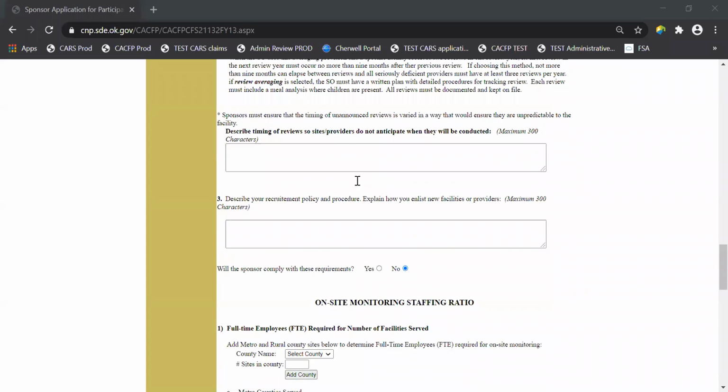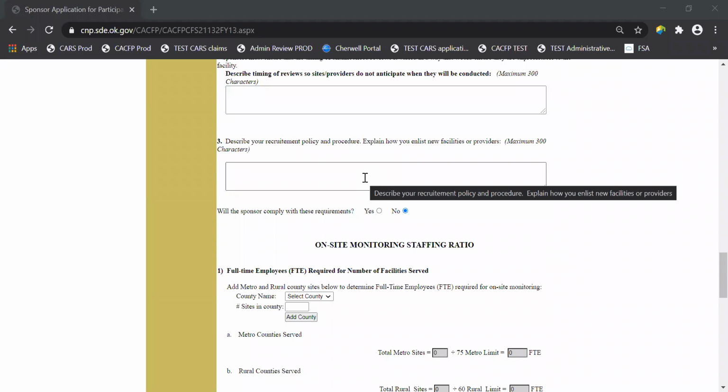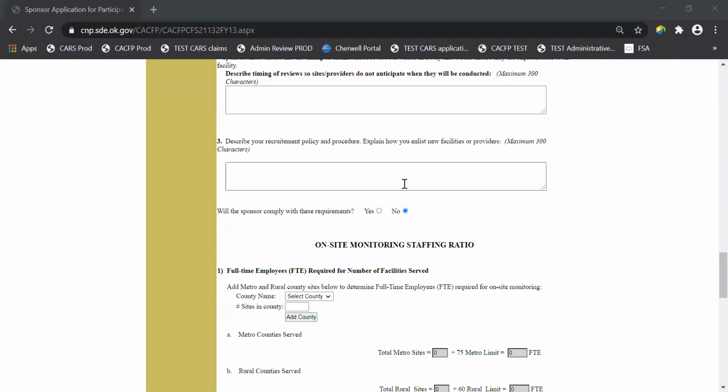Okay. Describe your recruitment policy and procedure. Explain how you're going to enlist new facilities or providers. Your procedures can't be, we're not going to take any new ones, because we've come across that. And I know it's kind of a silly question, especially if you're a school system and you've got all your sites on. But truthfully, you could bring on any site as a sponsor. So if you're a school system and you've already got all your school sites on, but you have the local library that you see a need at, you could bring that site on. I'm not saying you will, and you may not want to. In the event that you